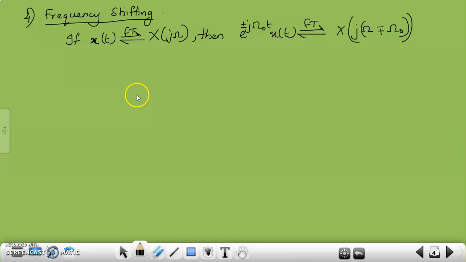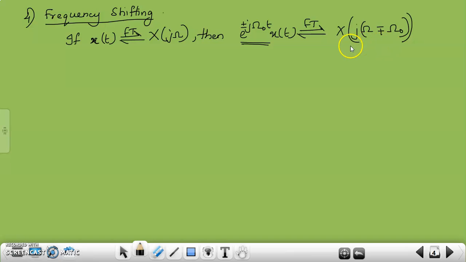Dear all, we are continuing with the properties of continuous time Fourier transform. The fourth property is frequency shifting property. It states that if the signal x of t is transformed to X of j omega, then e raised to plus or minus j omega naught t into x of t is transformed to X of j omega minus or plus omega naught. That means if you are multiplying the original signal with a complex exponential in time domain, then